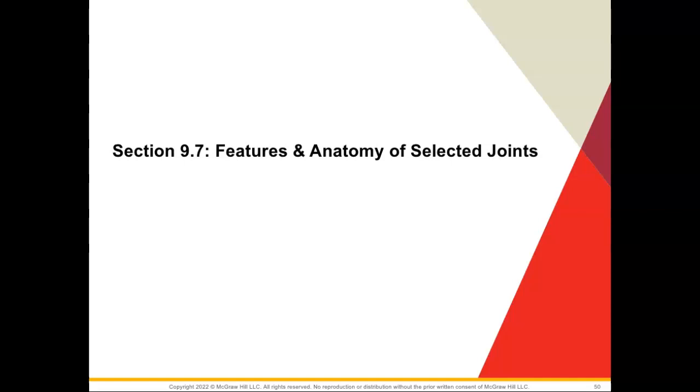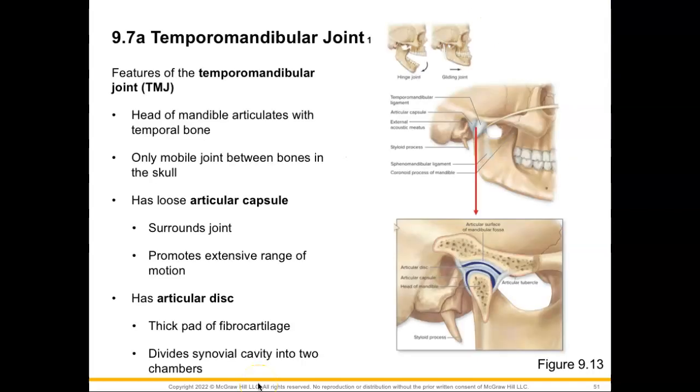Welcome to section 9.7, where we're going to talk about some features and anatomy of selected joints. We're going to start off moving from superior portions on the body down to the inferior end of our body. So we'll start off with the temporomandibular joint, which is going to be when the head of the mandible, which